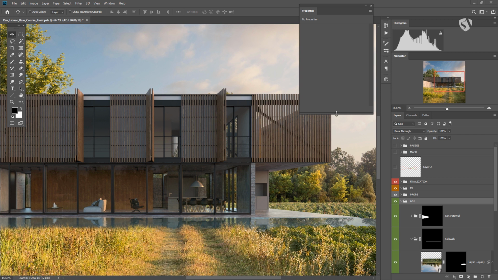So let's see together the real power of Photoshop. Now, in this video, we are going to see how to re-render an object in the scene without going back to your 3D software, which is amazing because you can save tons of time, okay? Now, what I want to do is re-render this wood facade we have here,